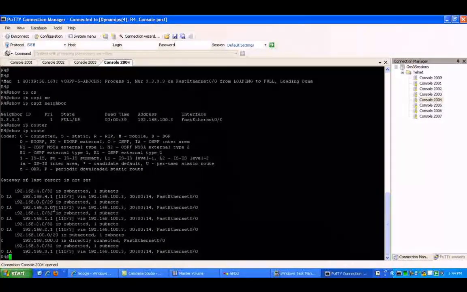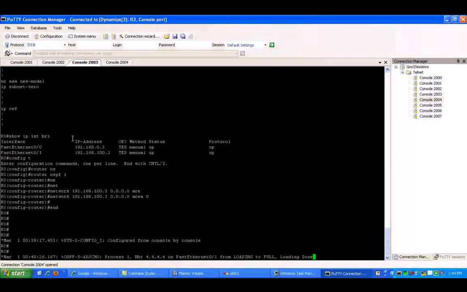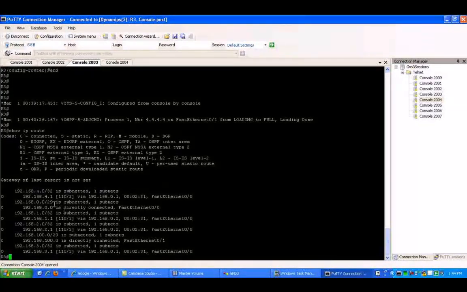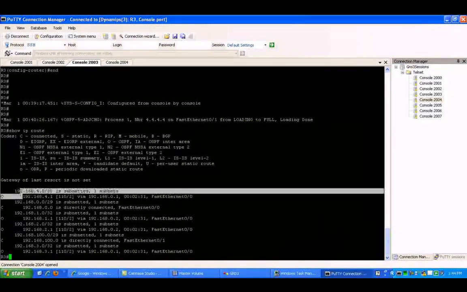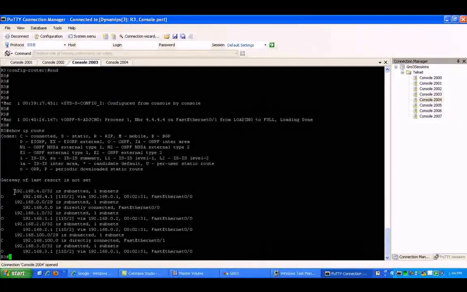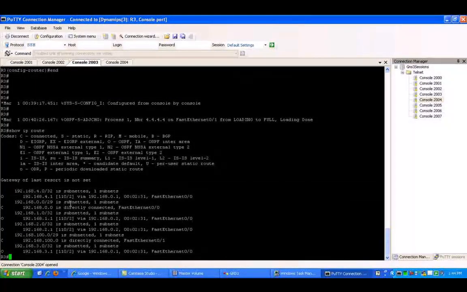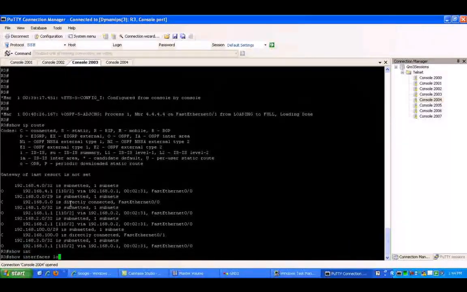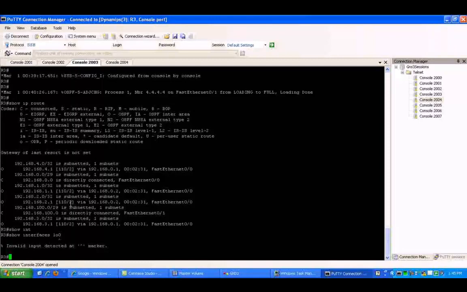So that's why these come up as OIA in router 4, because these routes originated in area 1. If I go to router 3 and do a show IP route, yeah, we have a problem. All these routes come up as /32. So the next thing I want to show you is something that's not really a problem, it really would be a problem in the real world, but when you are configuring loopback interfaces,